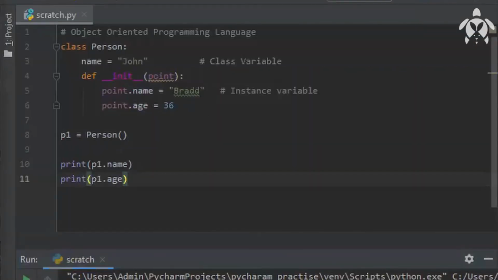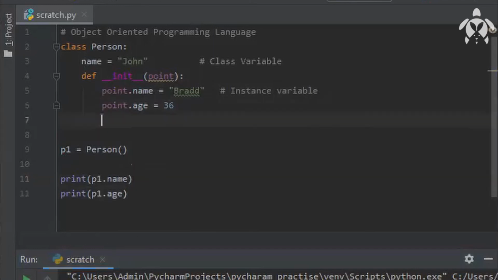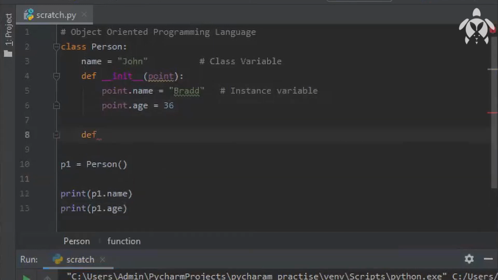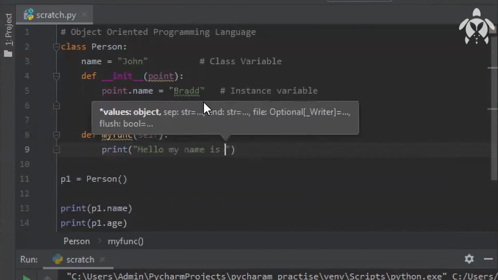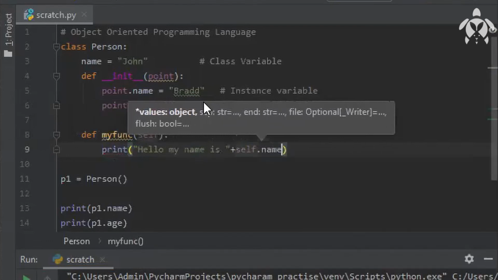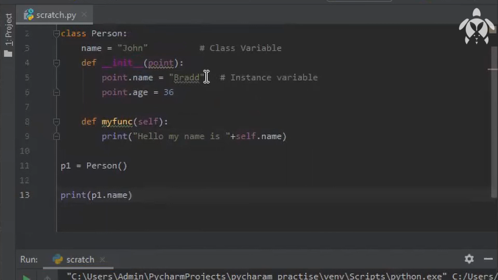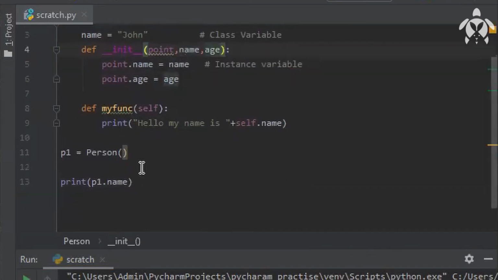Okay, and we will see how we can create function methods. Inside a class we call these methods, not functions. Both are the same thing and are used in the same way, but inside a class we call this a method. If you get confused, that's why I'm telling you. In the second method, self will automatically come. When you are printing the name, here I'll give a plus symbol. While creating an object, you need to give a name. Name is equal to Person. Here you need to give the name.